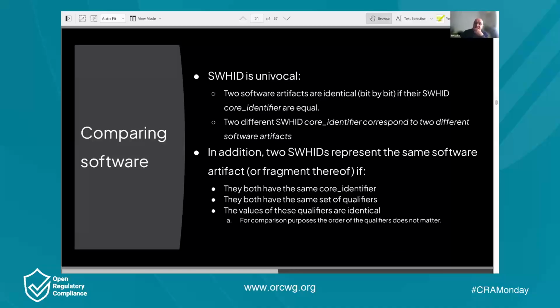Okay, so this design for this intrinsic identifier, software hash ID, and this syntax guarantees that the software hash ID is unequivocal, which means that basically two different artifacts are identical if they have the same core identifier. And two different core identifiers correspond to two different software artifacts. Simple as that. And then in addition to that, if we bring the qualifiers,